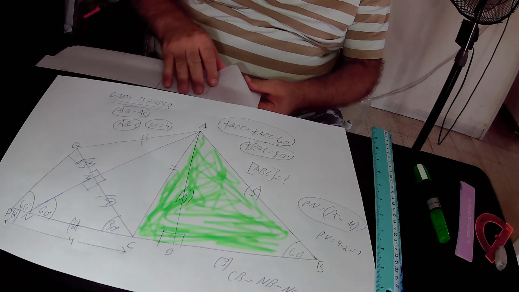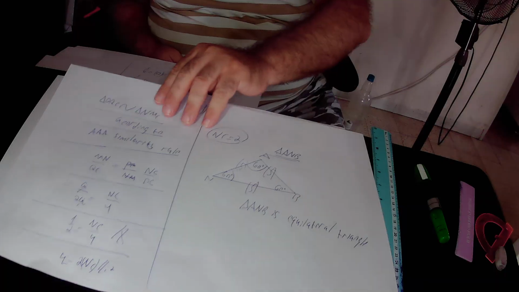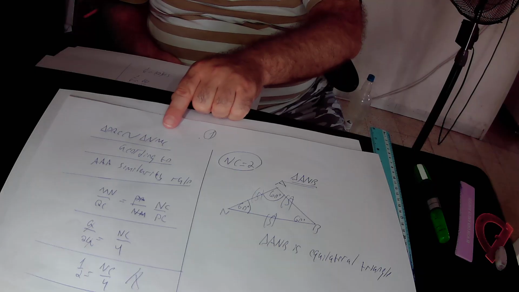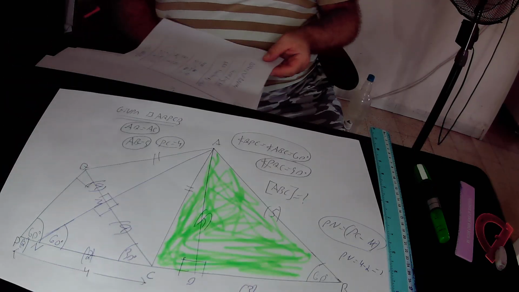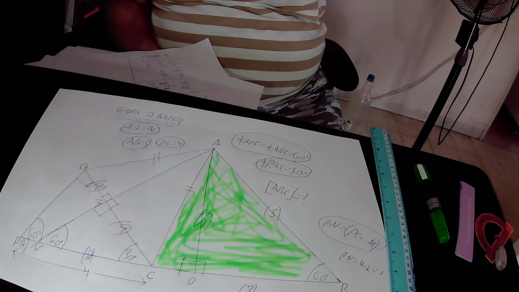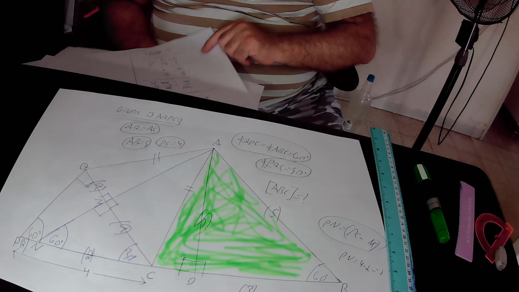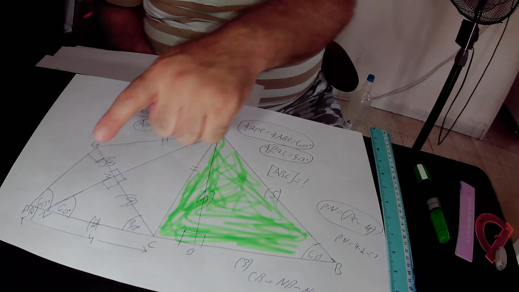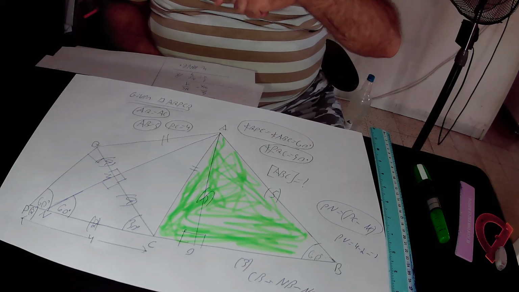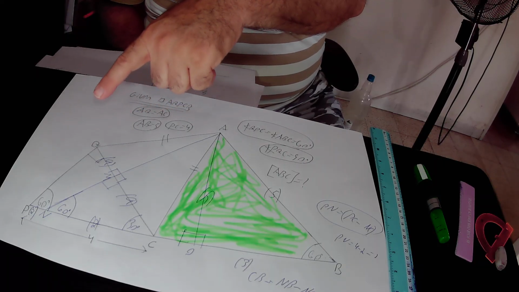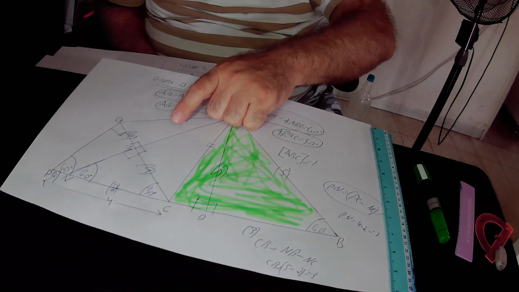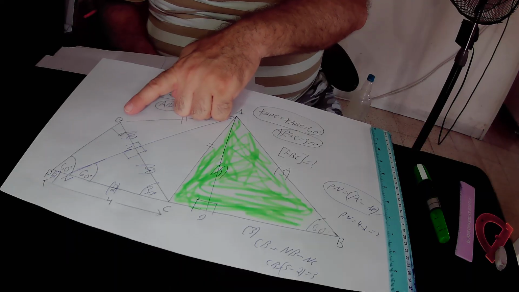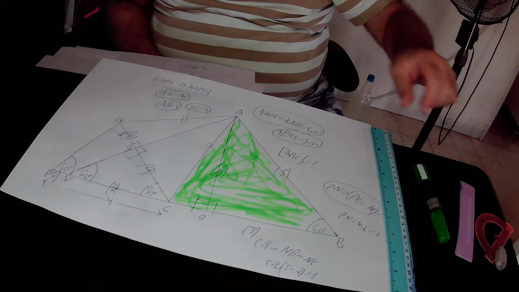So again, we found out that the big right triangle PQC is similar to the small right triangle NMC according to the angle similarity rule. And for the fact that those two right triangles are similar to each other, we derive that the following relationship exists between their sides. We derive that side MN of the small right triangle MNC over side QP of the big right triangle QPC